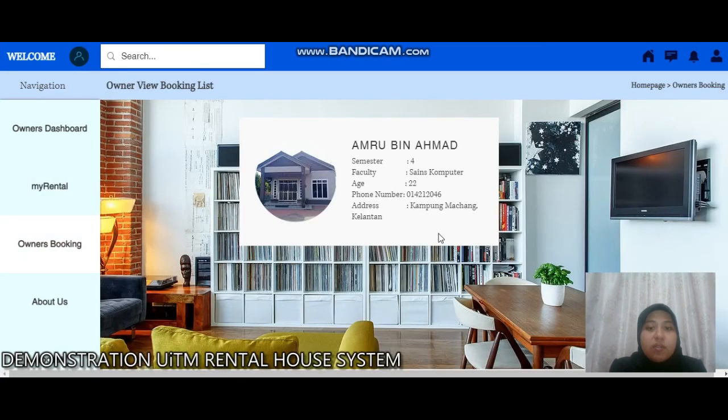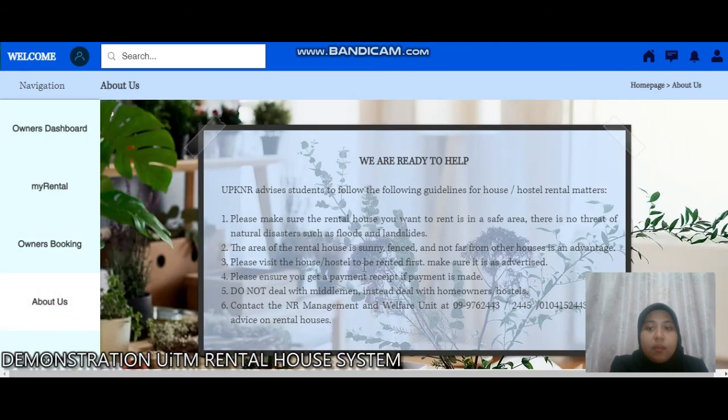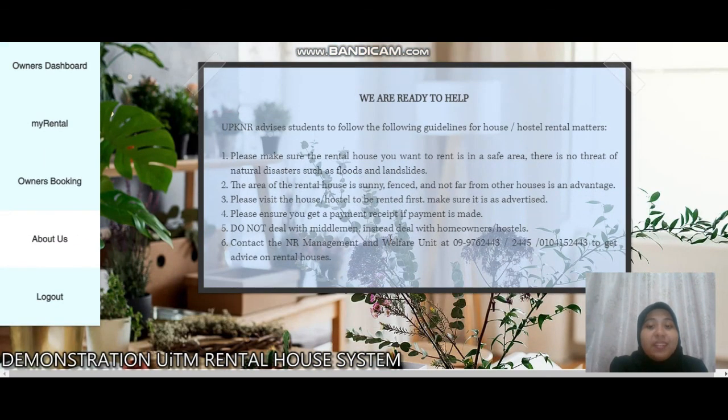For this owner's booking page, it is about the owner viewing the booking list. The information about the students that book the house will appear in this page. Okay, next, let's move to the About Us page. In the About Us page, we provide a guideline for house and house rental matters. We also provide our contact number so that the owners can contact us if they have any problem with the